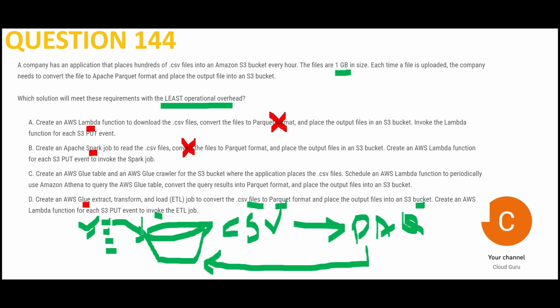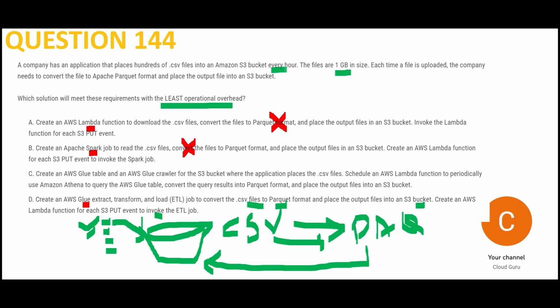You say, boss, okay, a file has come, boss. Now let us start the conversion. Then the CSV to Parquet conversion will start. So you need to automate that. How will you know the file came? Because the file comes every hour. That does not mean it will come exactly at 12, then 1, then 2. No, it can be at 12:15, it can be 1:30, it can be 2:45.